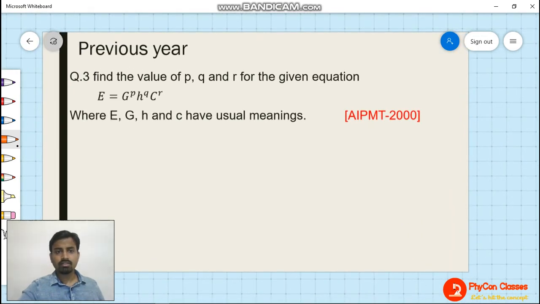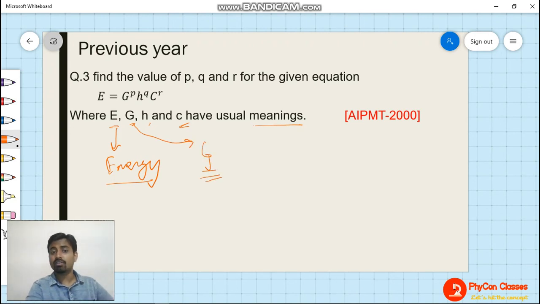Okay, so the last question is here. Find the value of P, Q and R. Again, this is a question for dimensional analysis. E, C, G, H and C have the usual meaning. So E here represents energy. Energy means the dimension of work. G here represents